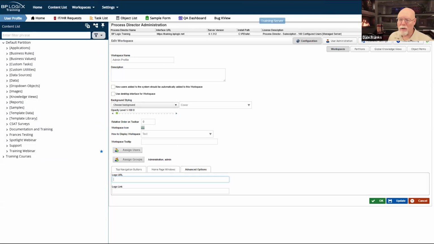By the way, these colors at the very top, I should just tell you, those are completely fungible. You can change those via CSS. So instead of having this dark blue bar at the top, you can change that.